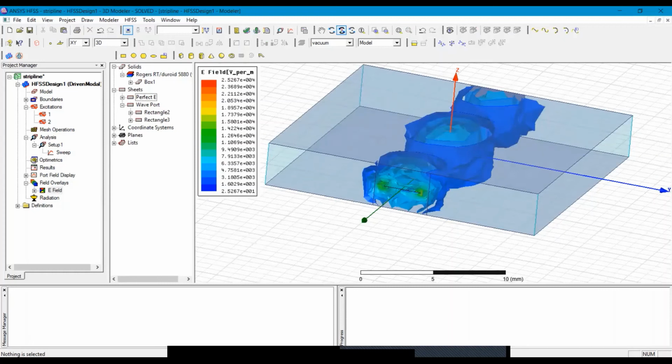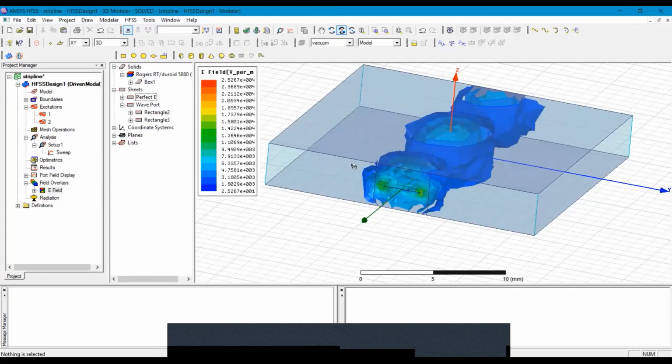Now I have also given the transparency to the ground planes.